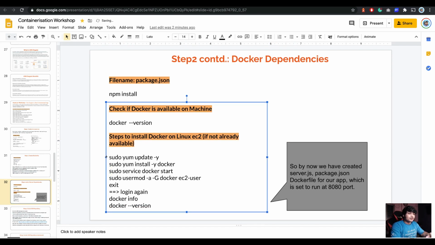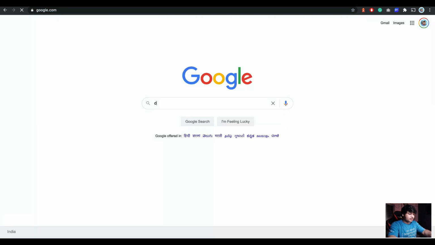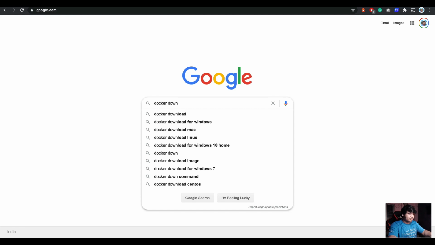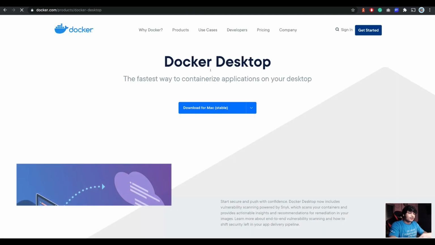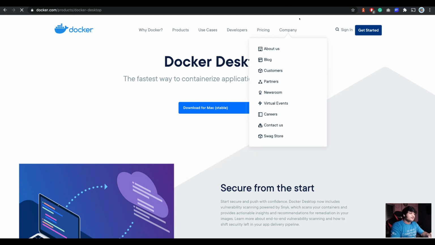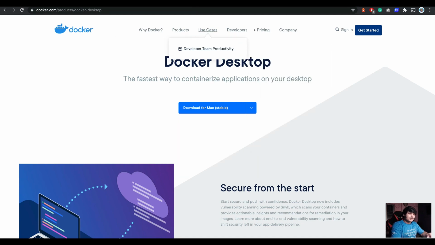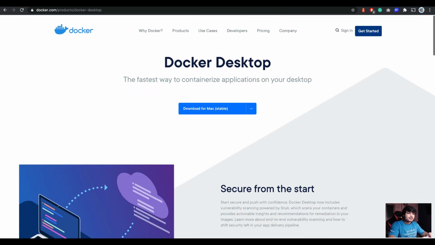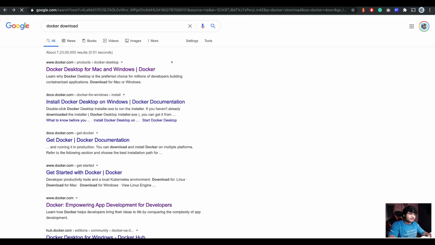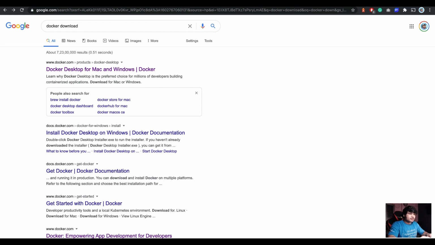If you are on a Mac or another machine, just go to the official Docker site, the Docker download page, and there you'll get Docker. If you're using Mac or Windows, you can use that, and if you're using Linux, you will find the Linux installation in a similar way. So let's go back to our session.